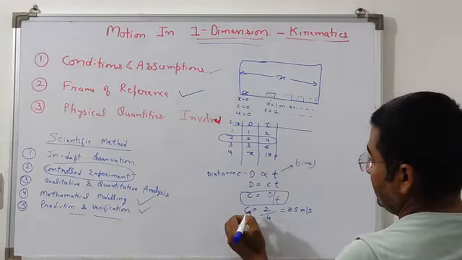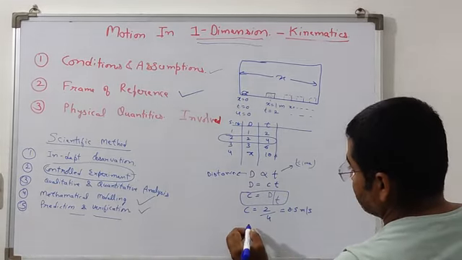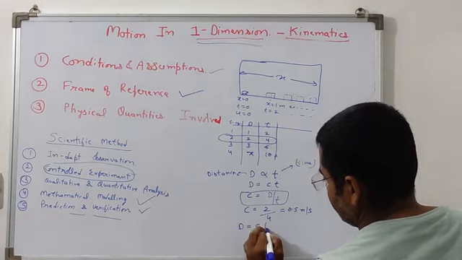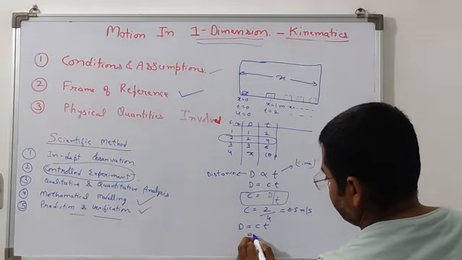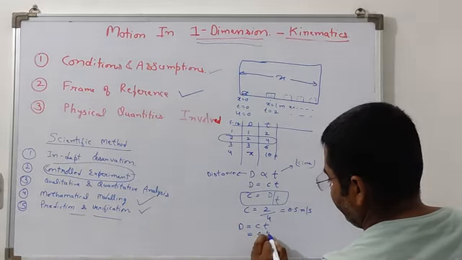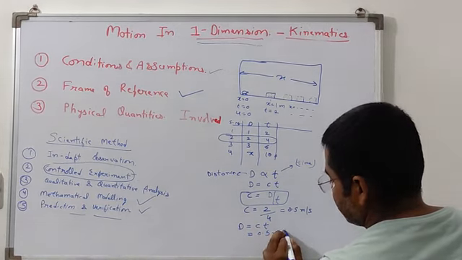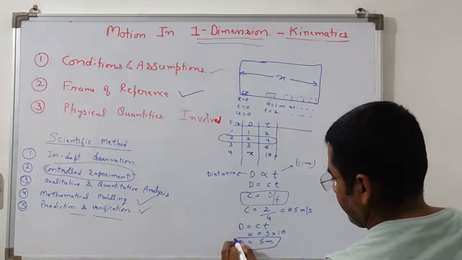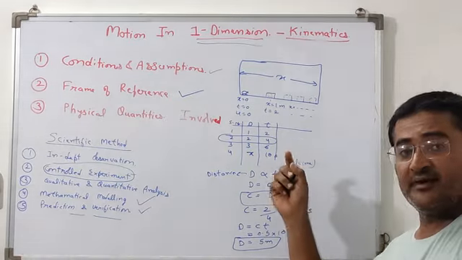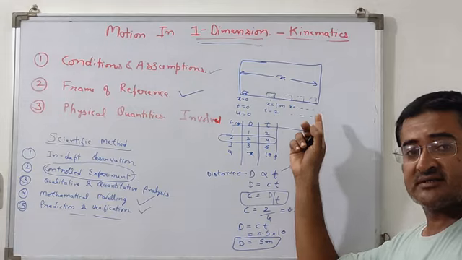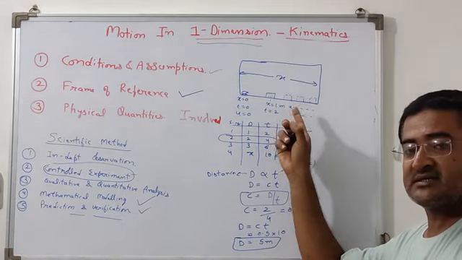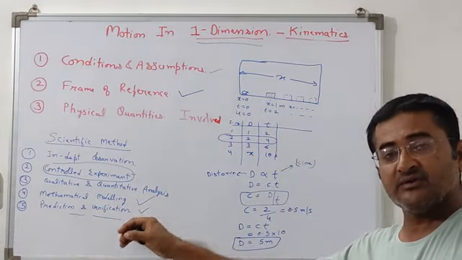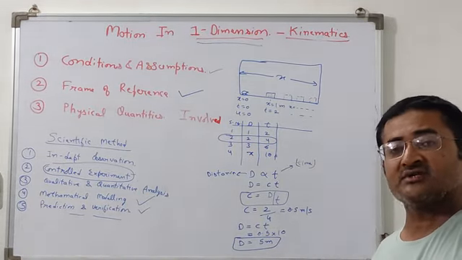What we did, we placed this 10 seconds in this equation, that is d is equal to c into t, and we know this constant to be 0.5. Time is 10 seconds, so we found out that the distance is 5 meters. And now what we did, we actually measured the distance, and we found that this distance is exactly 5 meters. So our model gets verified, and once it is verified, we can use this model to